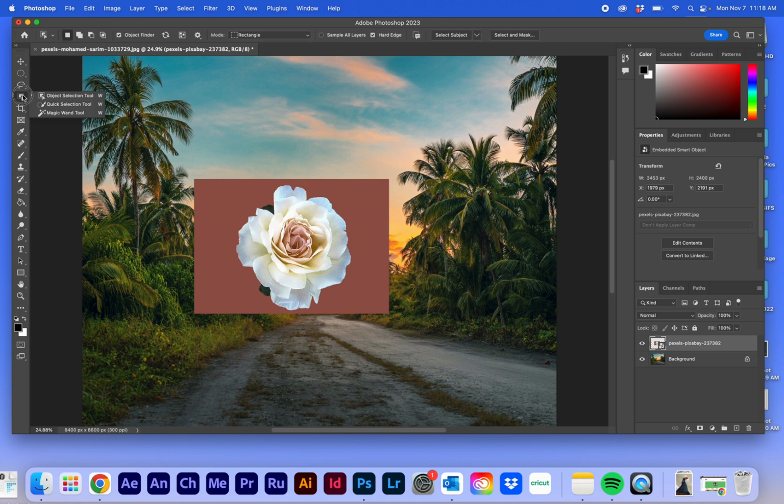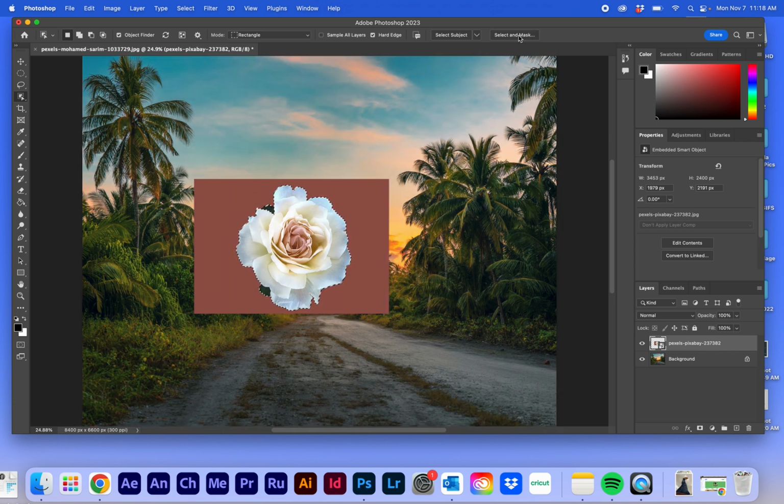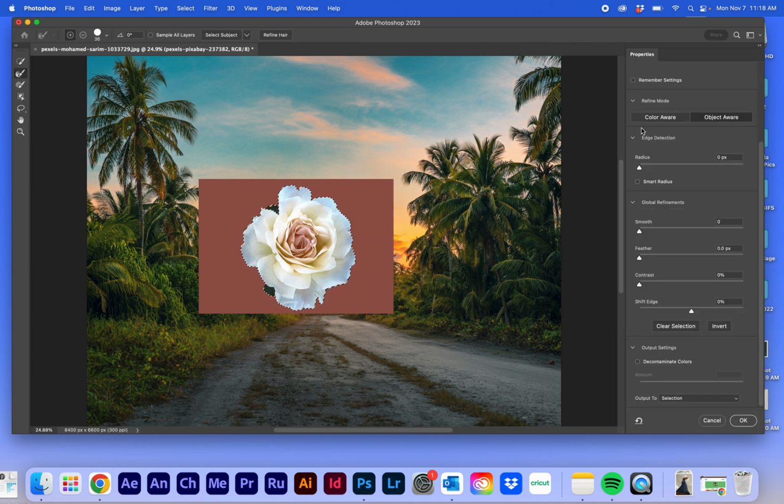So what I'm going to do is there's a brand new selection tool called the Object Selection Tool. It does a pretty good job, but I'm glad that we went over the other ones, because you're still going to have to use your own judgment when making selections. If you click and drag over an object, it will try to detect the edges, okay? After I do that, I want to select that object, and then I want to mask it. So remember that a mask, it kind of makes like a window, and whatever is black doesn't show, and anything that is white does show. So I'm going to hit Select and Mask,